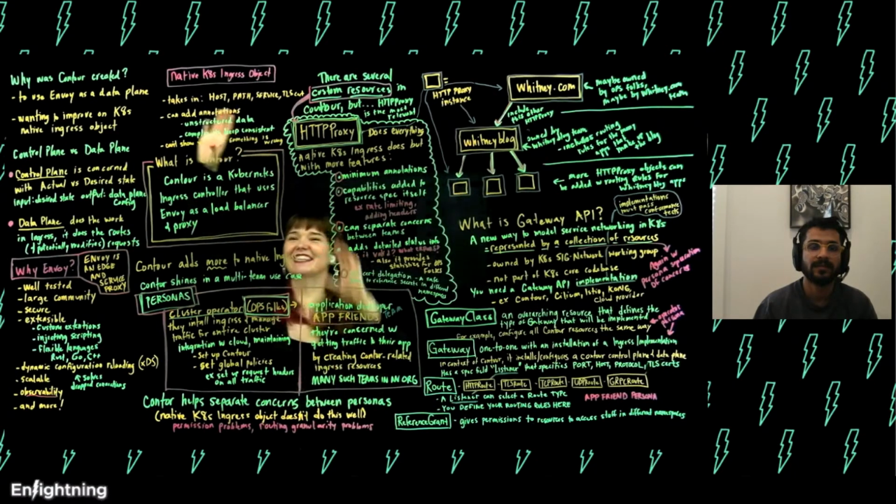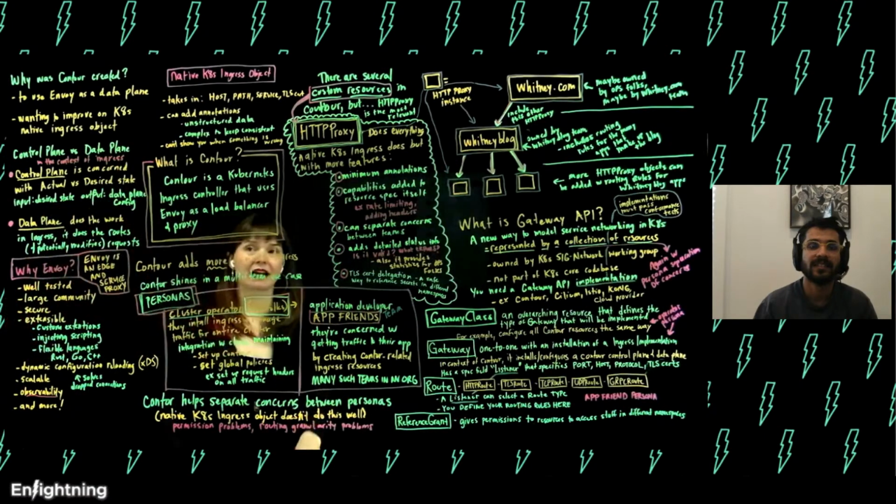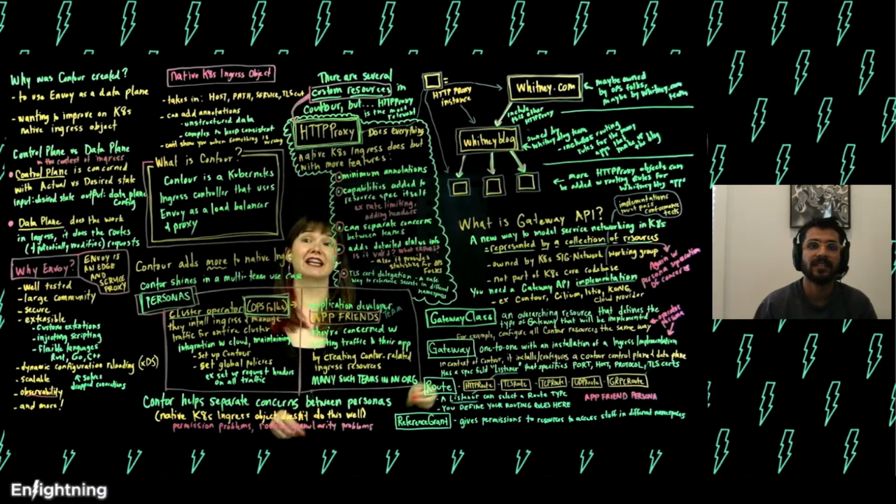You said this like a nice little piece that took up this much of the board, and then I'm like, okay, what's Envoy? What's a data plane? What's the native object? I had to unpack all the different concepts. So we talked briefly about what a control plane is versus a data plane in Kubernetes. What's important here is that this is in the context of Ingress. I've heard the data plane used to reference a way to move data around in your cluster, but here we're talking about routing capabilities. Data plane means routing here.